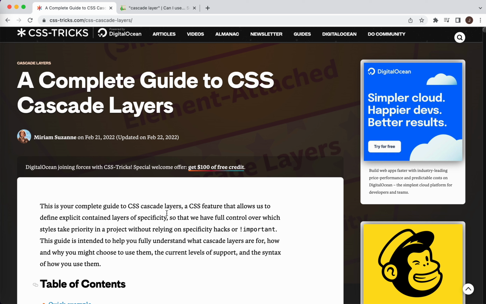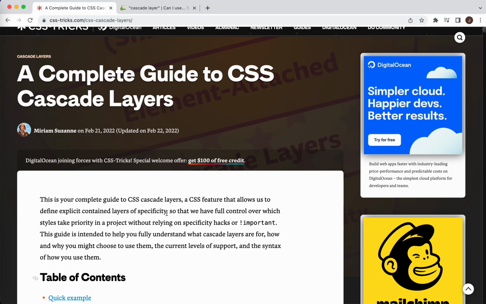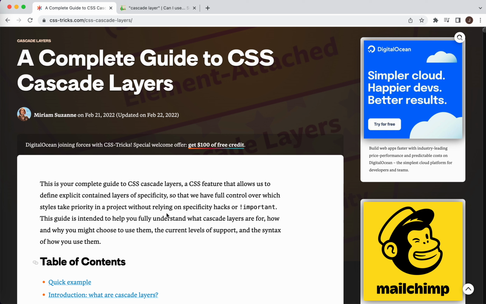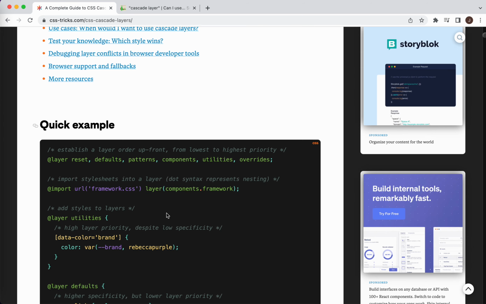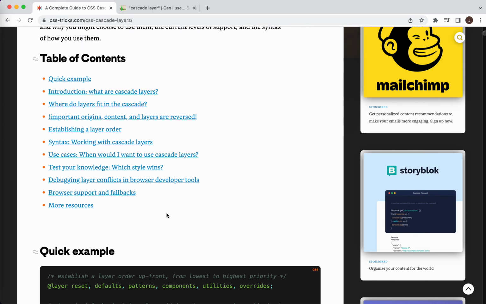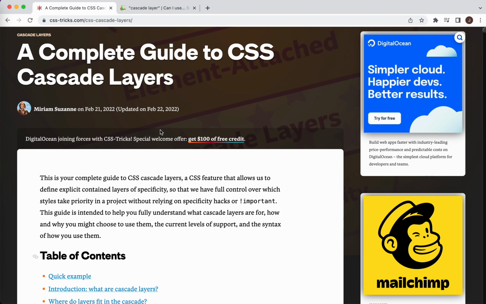If not, try again to make it more specific, or add the important rule, which is not easy to maintain. If I update the library version and somehow this CSS breaks, I need to update my overriding again. So anyway, it's just a pain in the ass, and Cascade Layers allow us to